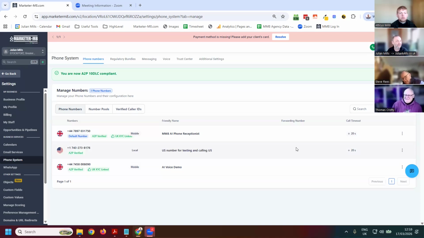I don't know, it has to match exactly, doesn't it, Ross? That's why I was saying you've got to go through that regulatory bundle thing. It's got to match exactly the PDF of the letter you send with the address. It's got to match the registered office address, not your business address, your registered office. Oh, I know. So if I were opening a new office anywhere in the country, I would have to see what Twilio said first before I'd actually go and